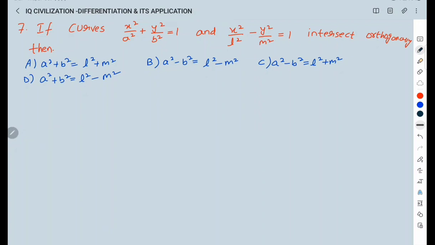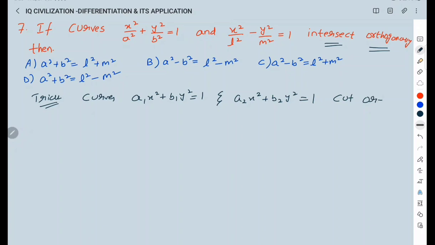If two curves are given, they are intersecting orthogonally. Everyone knows how to do this in a long answer type question. So here we are finding small tricks, right? So here we'll write a trick. If the curves are in the form of a1x square plus b1y square equals 1 and a2x square plus b2y square equals 1, and they cut orthogonally,